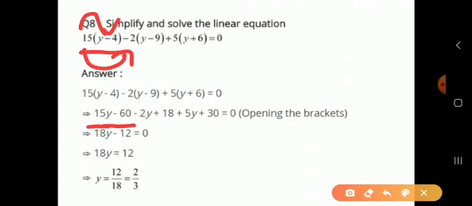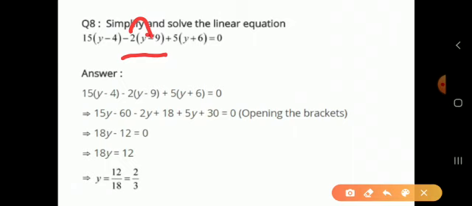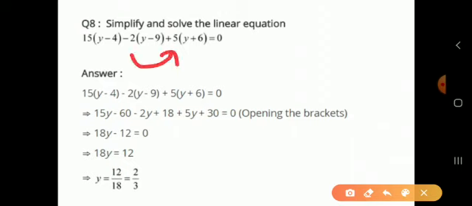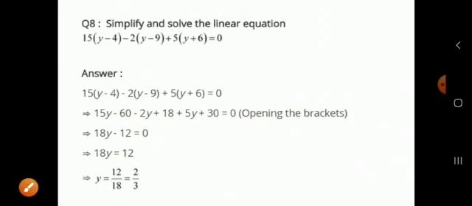But see, when outside it is a minus sign, then be careful. Here see, outside the bracket it is minus 2. So be careful. So with y it will be minus sign. When you open the bracket, plus will become minus and minus will become plus. So first 2 will be multiplied with y, it will become 2y. And earlier it was positive, so now it is becoming minus 2y. Then this 2 will be multiplied with 9. And minus 9 it was there, so now it will become plus. So 2 into 9, that is 18. Take care of sign.